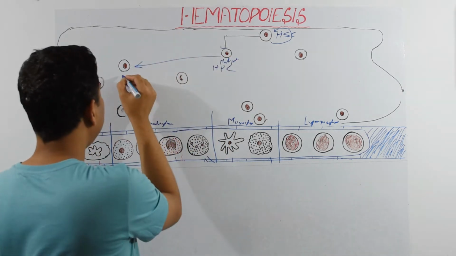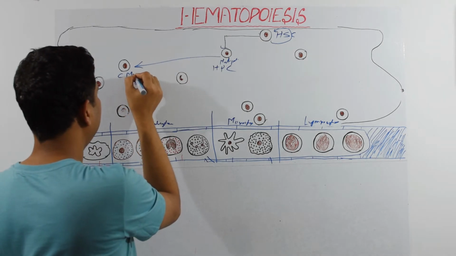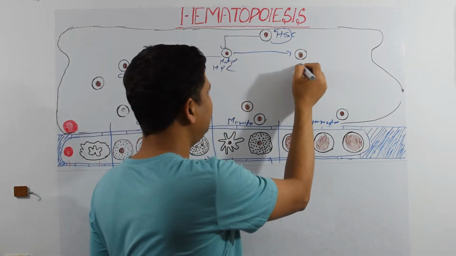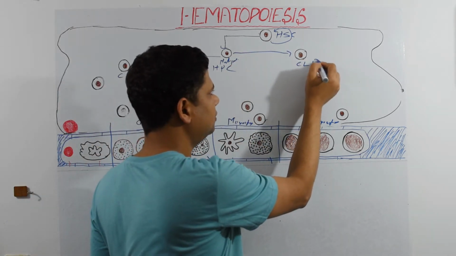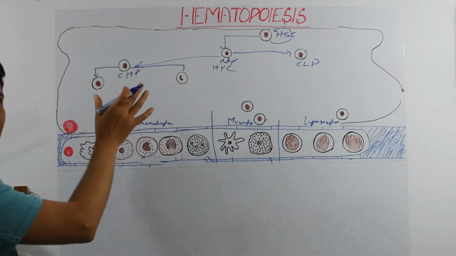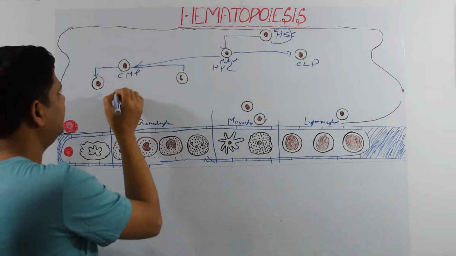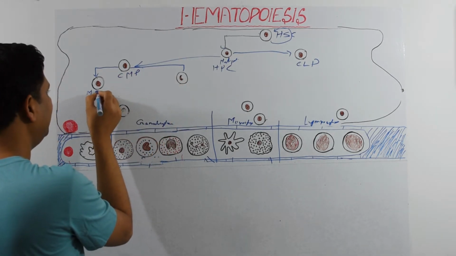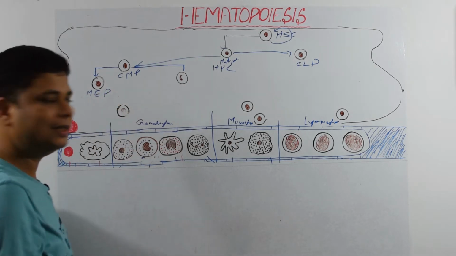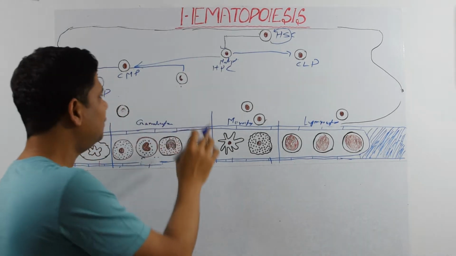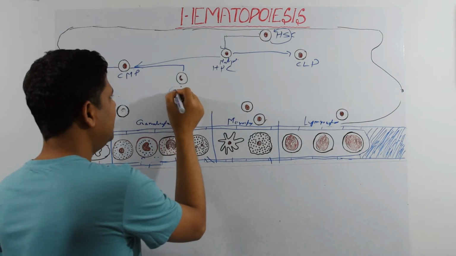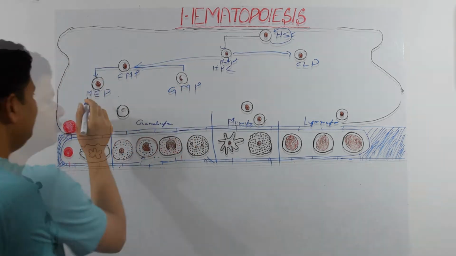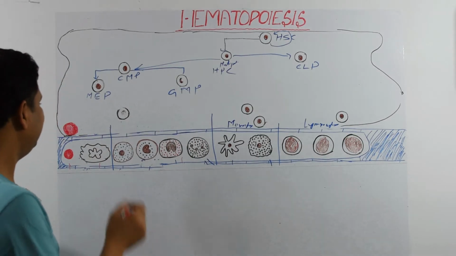to common myeloid progenitor cells or common lymphoid progenitor cells. From common myeloid progenitor cells, it gives rise to two kinds of cells. One is the megakaryocyte erythroid progenitor cell, and another one is the granulocyte macrophage progenitor cell. So from megakaryocyte erythroid progenitor cells,